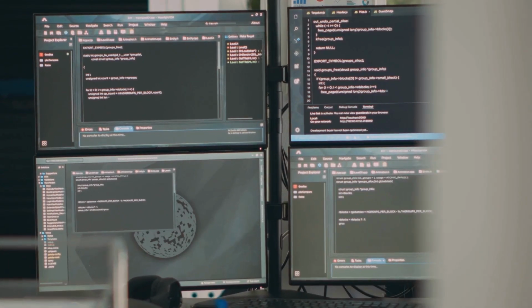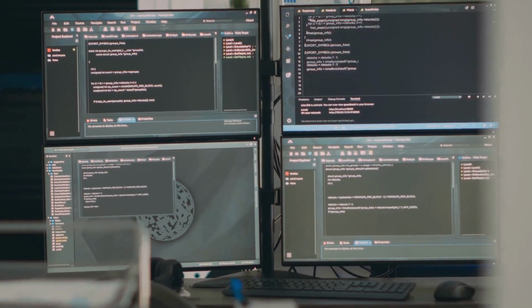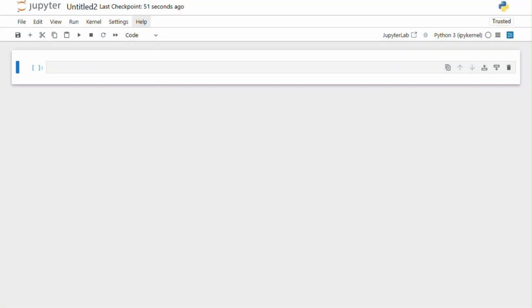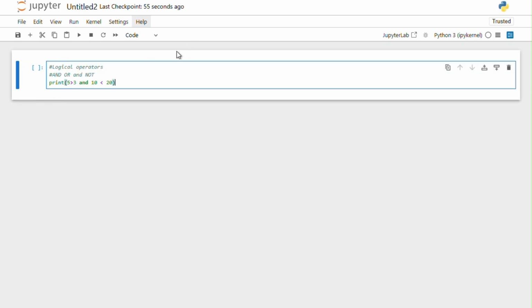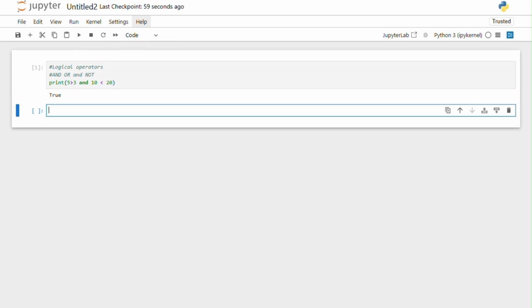The AND operator returns true if, and only if, both conditions it connects are true. For instance, 5 is greater than 3 and 10 is less than 20 would evaluate to true because both individual